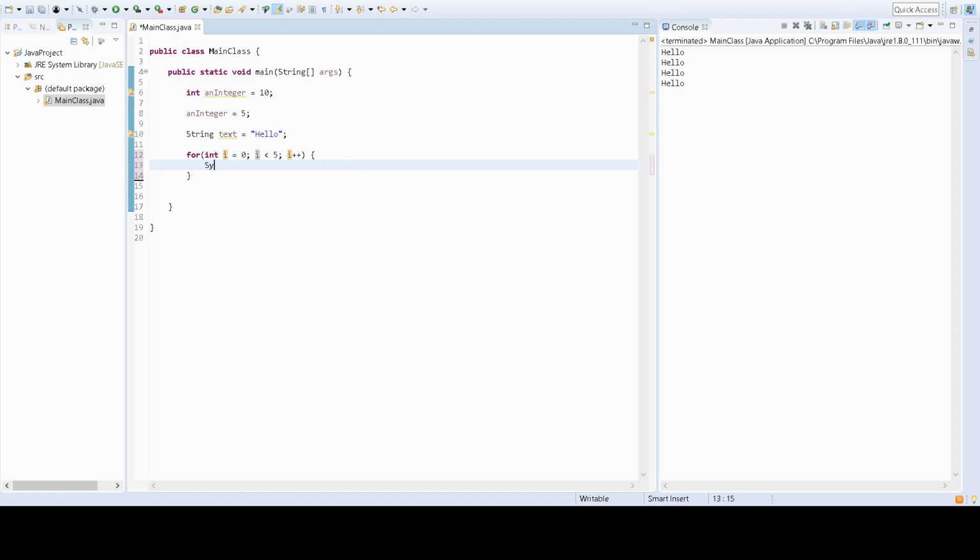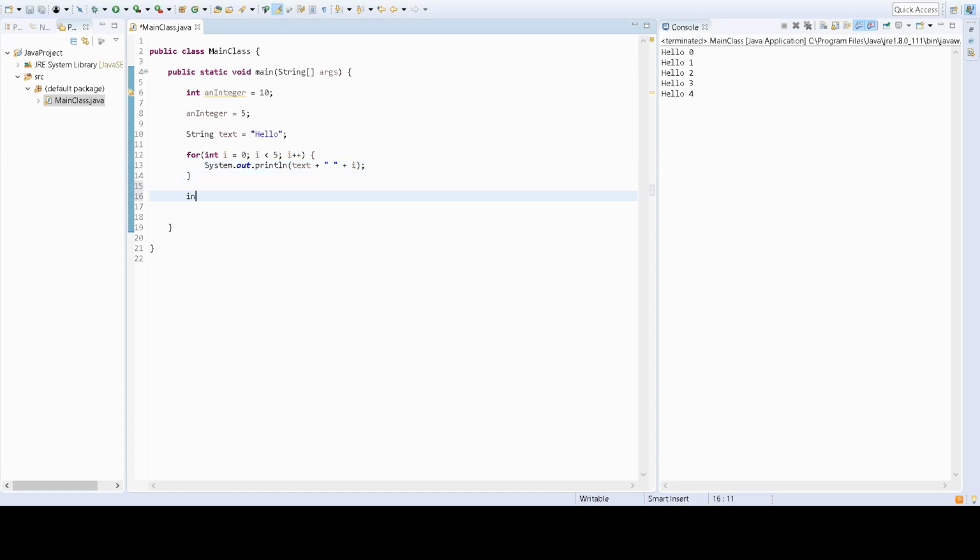Now if we do this, and if we run this, we'll see that it goes from 0, 1, 2, 3, and 4. In fact, we can combine 2 variables inside the brackets like this. And if we print this out, now we can also add a space in between. We can combine a variable and a non-variable. And now if we run this,